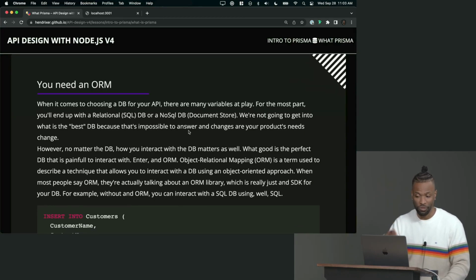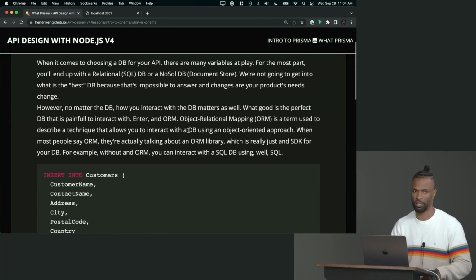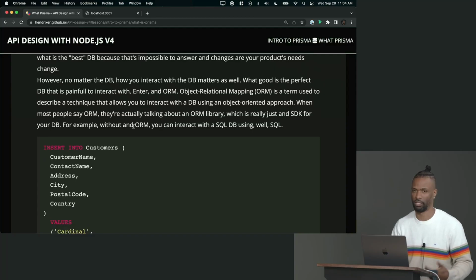But how you interact with a database, that's where things start to get funky. So in order to do that, we need something called an ORM. The way that I think about it, an ORM is basically like an SDK for the database. It's the library that you install that allows you to interact with the database so you don't have to do any lower level operations. For instance, if you were to use a SQL database like SQLite,